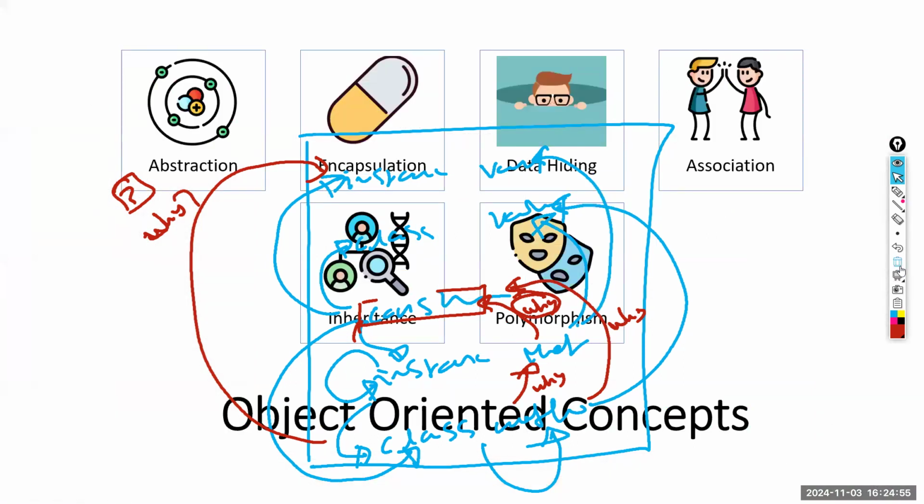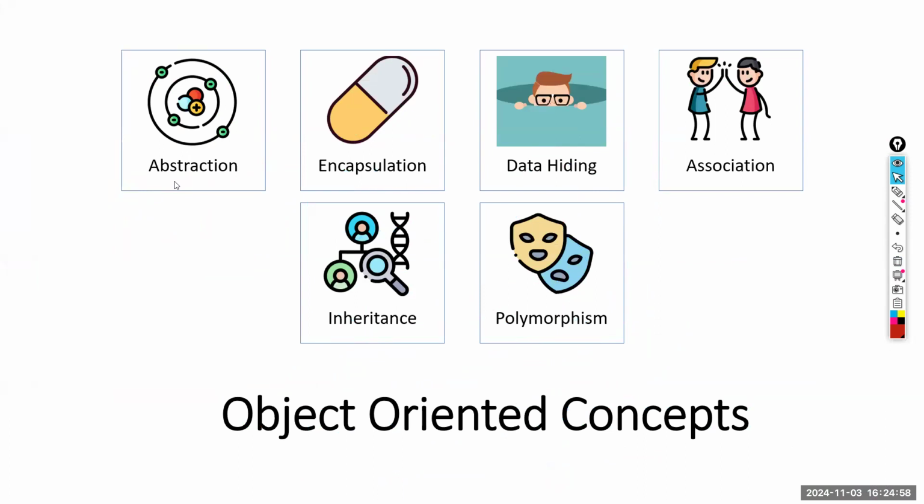Right. So next class, we will look at what is abstraction, what is encapsulation, what is data hiding, what is association, what is inheritance, what is polymorphism. So then we are done because we don't do the advanced things like inversion of control and so on. So now we are pretty much done. More than 50% of object orientation is done because the most critical things are done.